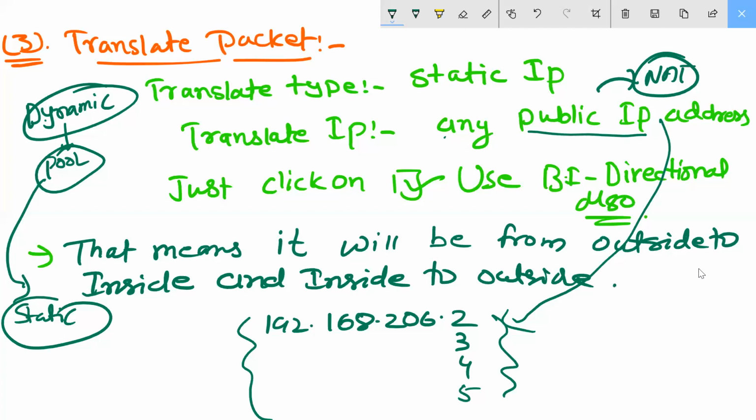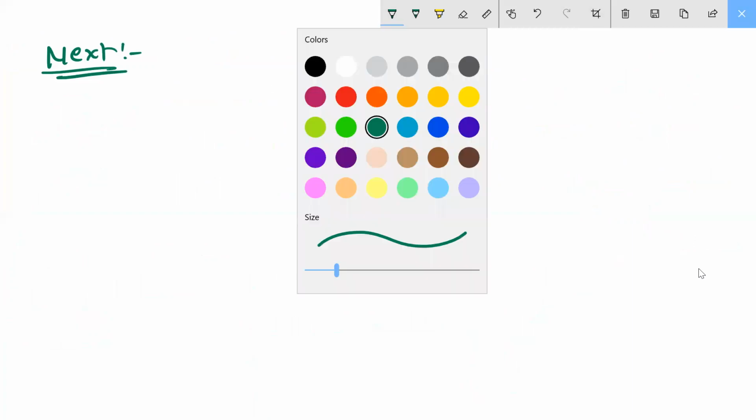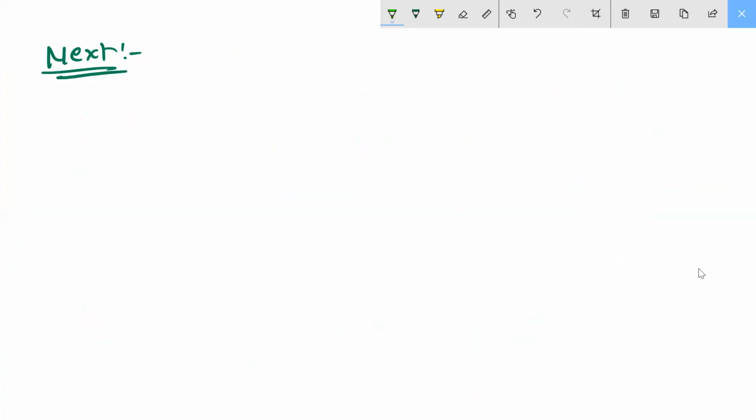Then after committing it, we come to the next section. Inside the next, we'll come to security. Come on the security part.